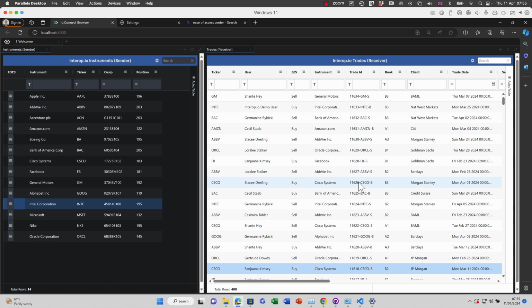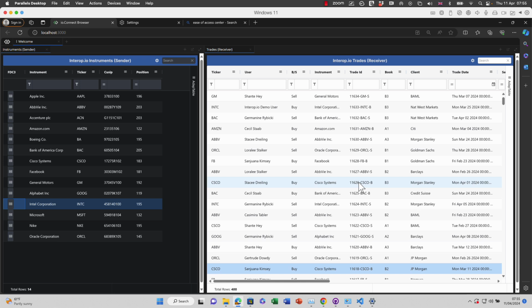So that's FDC3, and obviously there's a lot more in there. Interop.io were one of the main companies behind FDC3, so they have very, very rich FDC3 functionality, which Adaptable taps into. So the two working together can provide an incredibly rich experience where you can communicate using just FDC3, both between numerous Adaptable instances and of course other widgets inside your